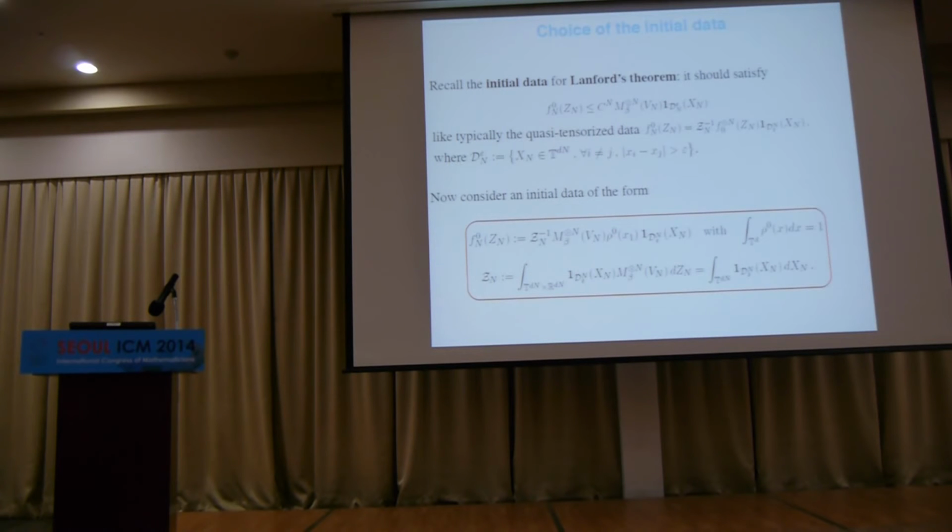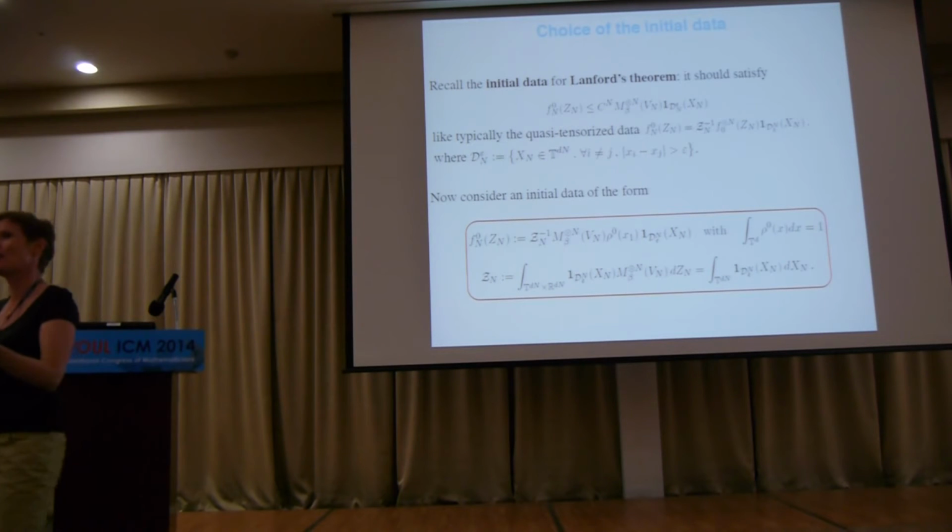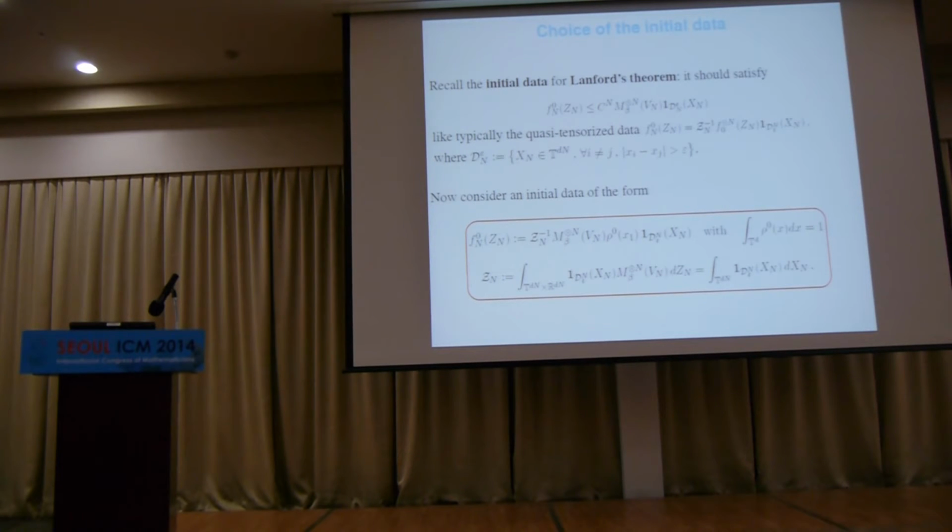So what that means is that I have my system of particles. I think something important to remember is that if you want to get a limit equation, you don't have much choice about the system you're looking at. The system you're looking at is n particles, right? They're going in straight lines, they're hitting each other, and that's it, that's given to you. The only choice you have is what initial data you give yourself for the system of particles.